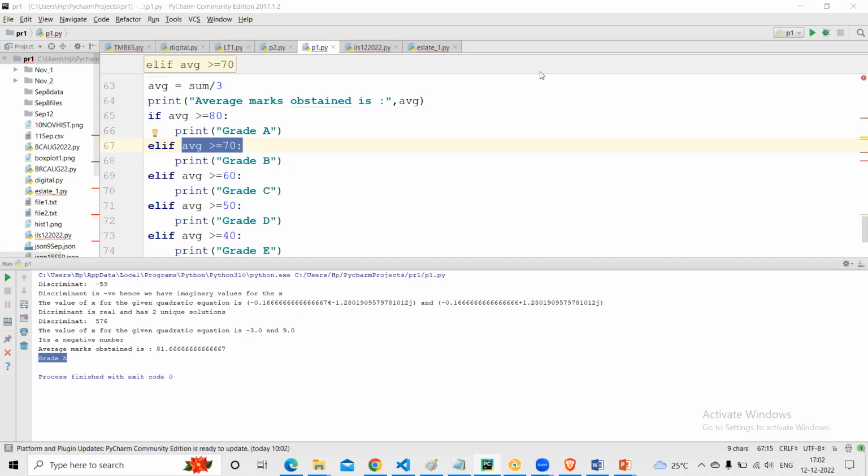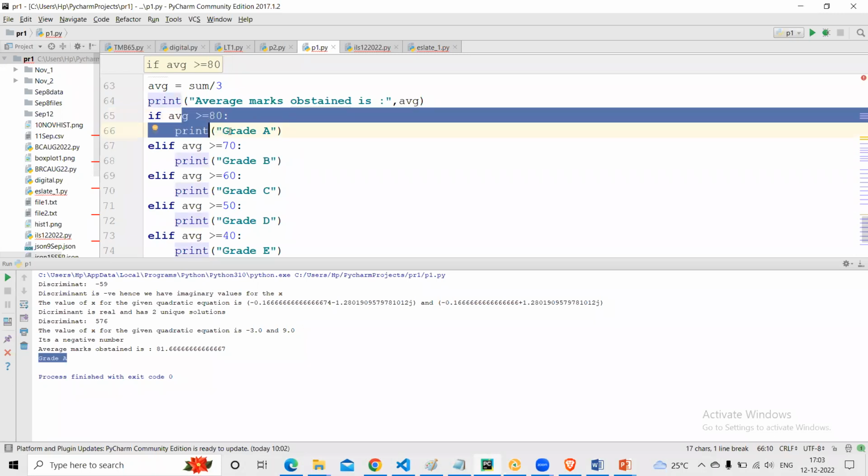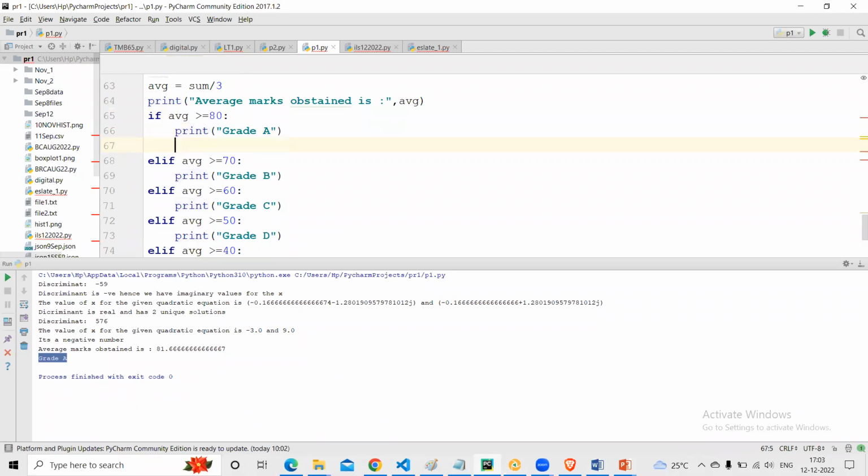Okay. Now let's make it a little more interesting. If a person has got grade 90 or percentage 90, we say that person has won the President Award, President Medal from the school. Now to perform that, we know that average greater than 90 is included in average greater than 80 here. I need to give it to the students who have scored more than 90. So I can say here, if AVG greater than 90,